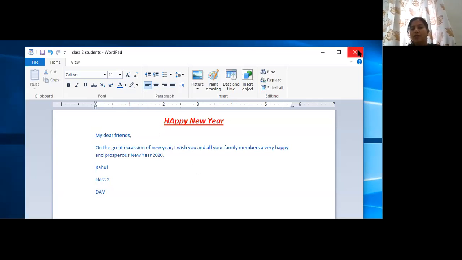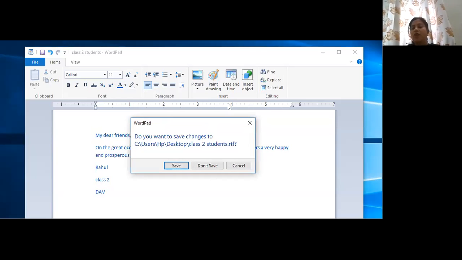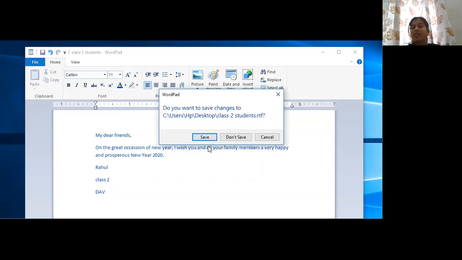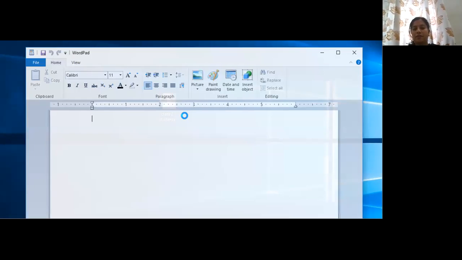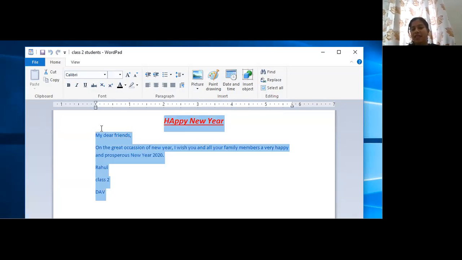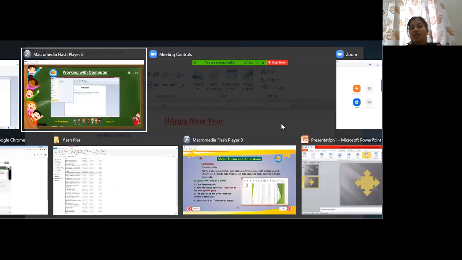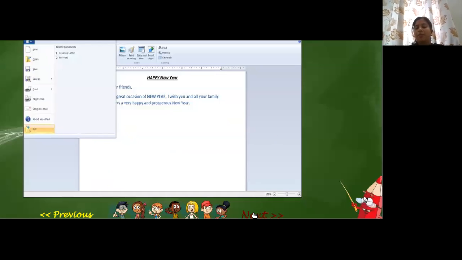Now if I close it, again it'll ask me, you have made some changes. Do you want to save it? Then if I say yes, I have to save it. Now let's see whether the new changes are being opened or not. See, yes. Can you see it? Our blue color is there. Our DAV is also available. Why is it so? Because we closed it properly. This is the importance of closing your documents very properly.